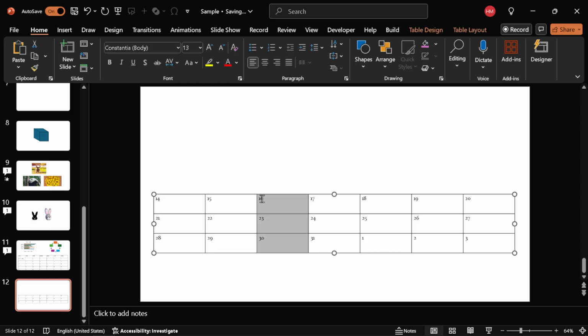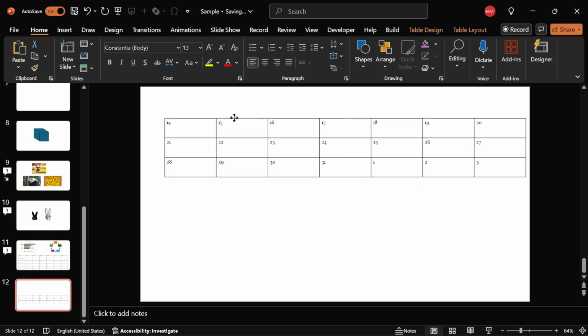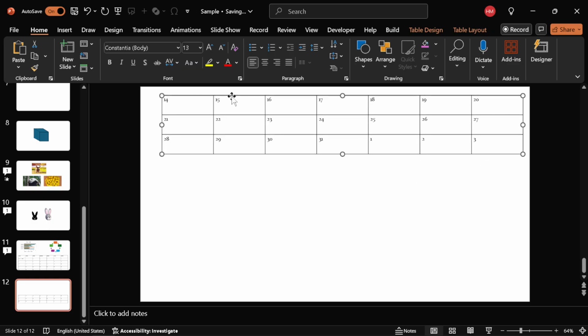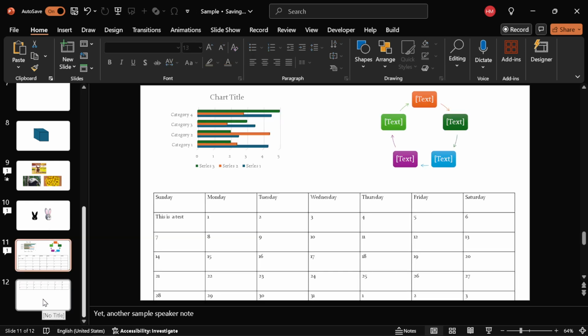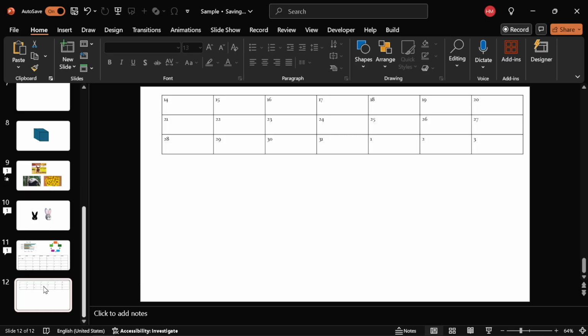seamless splitting across slides. And there you have it, you've successfully created a page break in your PowerPoint table, allowing for a more organized and visually appealing presentation. By dispersing your table content across slides, you'll make it easier for your audience to follow along without information overload on a single slide. Make sure to save your work as these changes can enhance the readability and